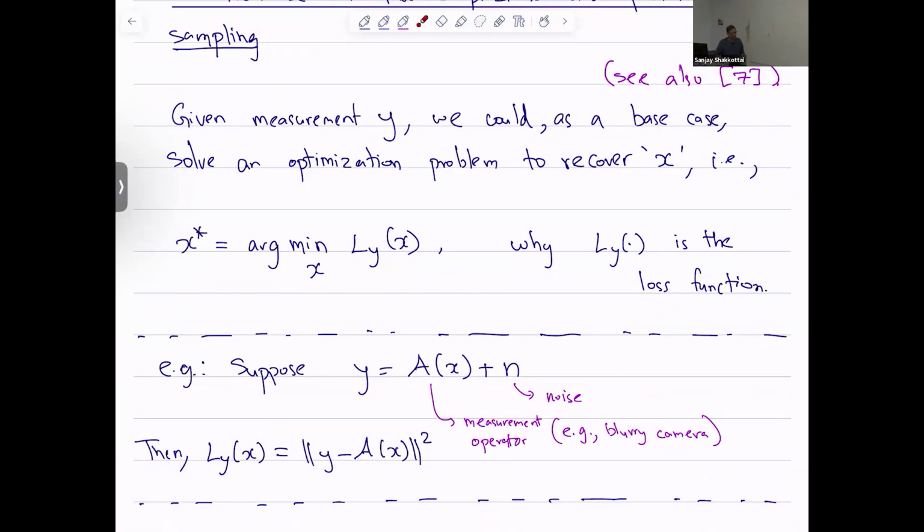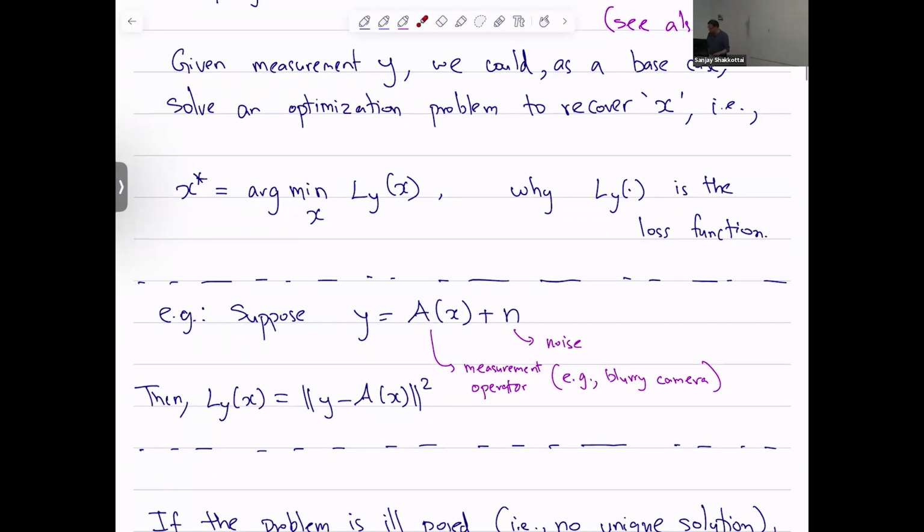You could say, forget about sampling. I give you Y, I give you a loss function, and find an X that minimizes this loss. There's no sample, no anything. Example: there's an X, there's a measurement operator A, there's some additive noise to this, and you want